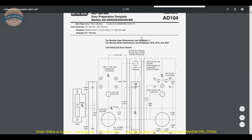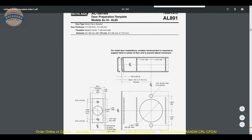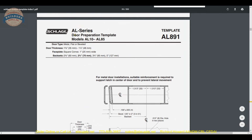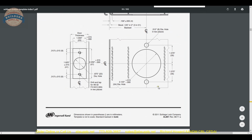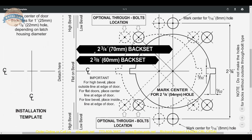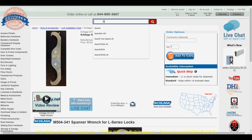As we wait for that template to come up, I have a template pulled up here of the AL series door preparation, and you're going to see that it's 2 3/4 as well. It's a 5/16 hole. 1 3/8 plus 1 3/8 is indeed 2 3/4. And the point of all of that is you would be able to use the